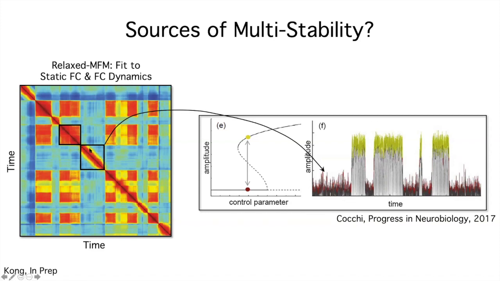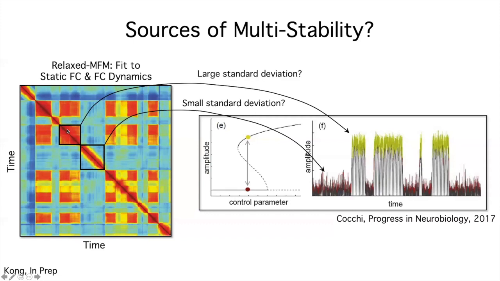low coherence. And then there might be a period during which the system is functioning in this high amplitude state. In this state, there are these large oscillations in the data, right? And so you get this large coherent block. Now, if this is true, then in the low amplitude state, we will predict that there's small standard deviation in the BOLD signal. And in the high amplitude state, we would predict that there will be large standard deviation in the BOLD signal. So let's see if this is true.